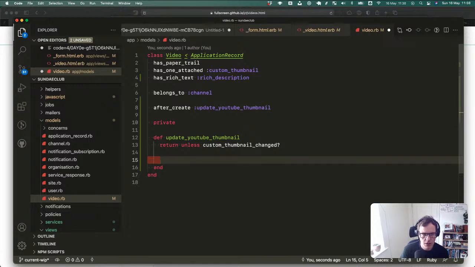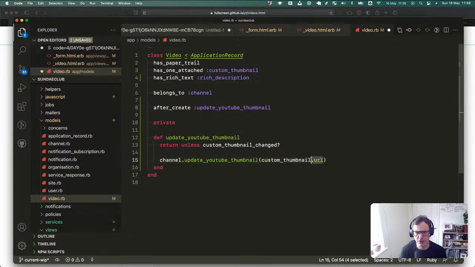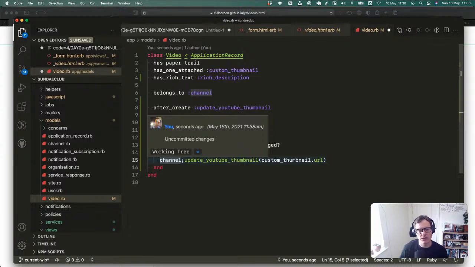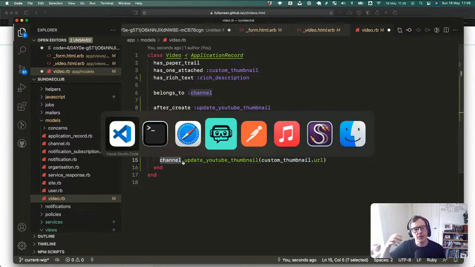Then you could have a method on the channel object that was just channel.update_youtube_thumbnail or something like that. Because again, you might do the Twitch one, as I actually don't know if Twitch has thumbnails or how that works. And then you could pass it the custom_thumbnail.url. Again, I actually don't know if .url is the right syntax, but this is just pseudocode to try and highlight it. The channel could then reach through to the gem code, because you need this code to be called.